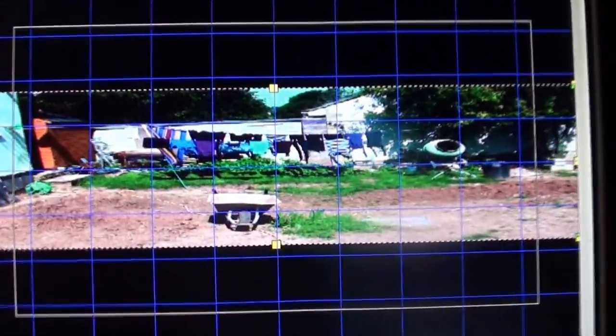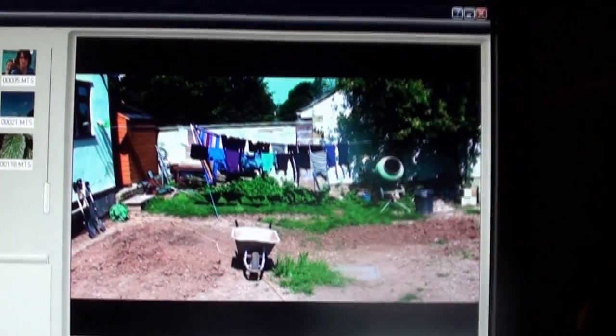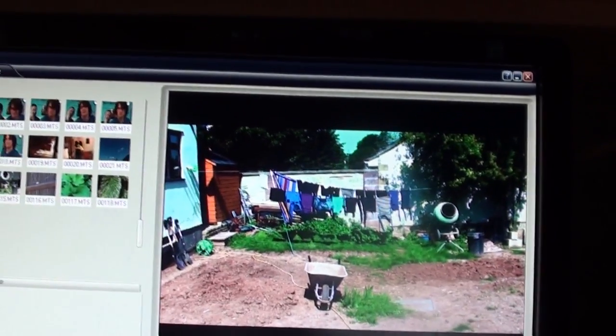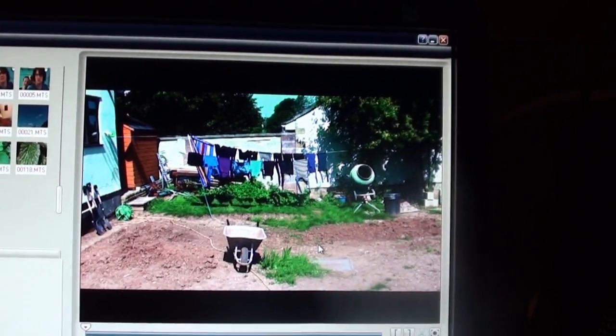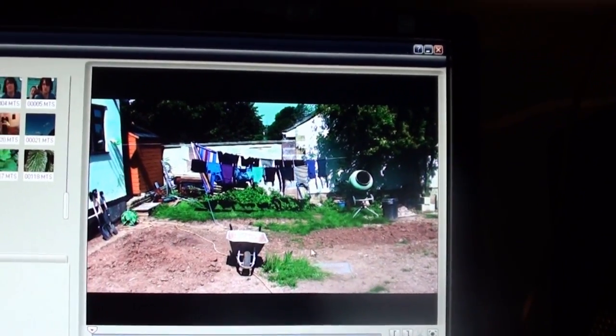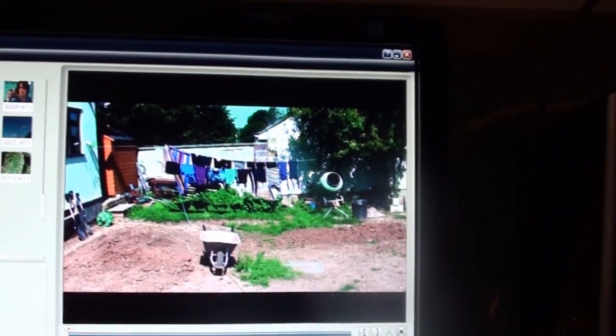I mean, look how wide that looks, and it just looks horrible. What you want to do is crop it. Now you don't want to crop it too much. In Sony Vegas, I don't know how this works, but I'm sure you can find a way. But basically, for a 4:3 thing, if you're using a DV camcorder and you filmed in 4:3, what you want